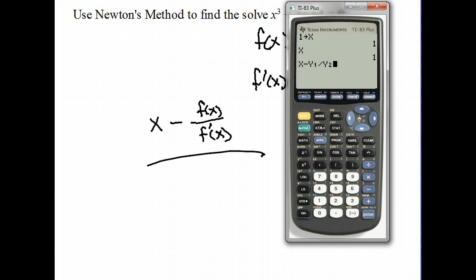Now, what we want the calculator to do is, once it takes the ratio of the function and the derivative function at x equal to 1, and we subtract it from 1, we want to store that new answer back into X. So we hit the store button and hit X. And so when we hit enter, it gives us a value of 1/6 or 0.16 repeating. And if we were to do this by hand, we would get that same value. Now if we hit enter again,